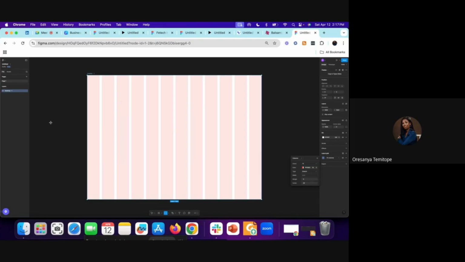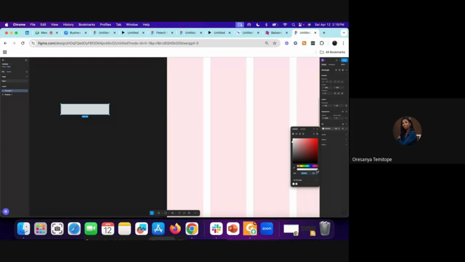So let me put the search bar. Let's do that real quick here. I'm going to make this, because we'll be adding an icon inside that bar, I would just